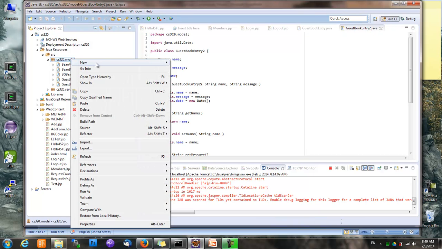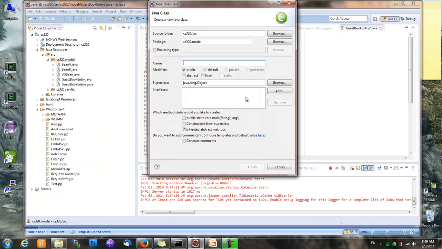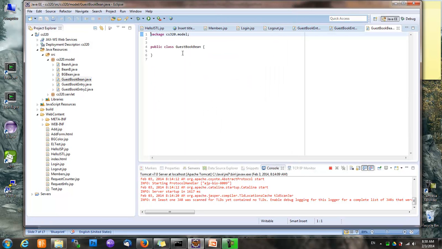So what we do is we're going to create another bean called GuestbookBean, and this guestbook bean will serve as a bean, and it will hold a list of guestbook entries. It will be something like this. It will have a list of guestbook entry, or in this case GuestbookEntry2, and